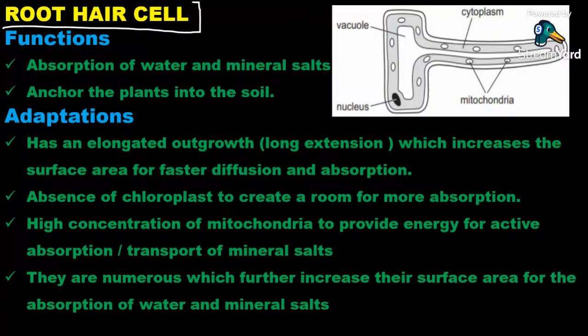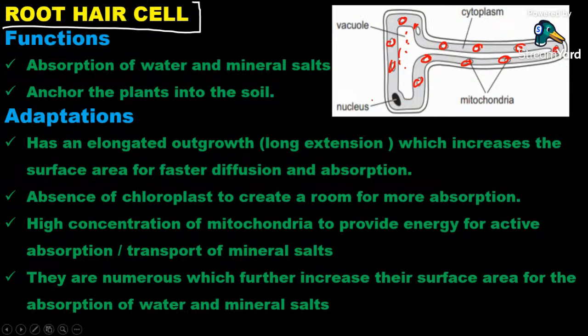Okay. Now, I'm sure you are able to see this diagram right here. So this is the root hair cell that we can look at. This is the structure of the root hair cell. As you can see, it has the cytoplasm, it has the vacuole, which is the inside part here, it has the nucleus, it has the mitochondria. These that you are able to see are mitochondria, and as you can see, they are numerous. There are a lot of them, in short. And of course, we should be able to discuss the reason why there are a lot.